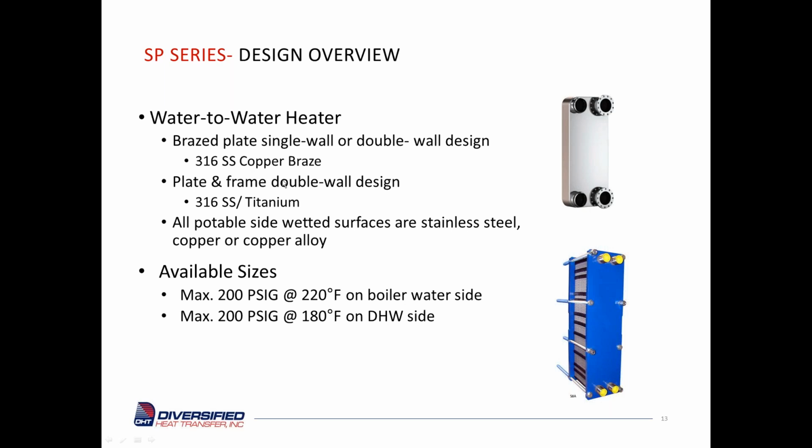The water-to-water heat exchanger, as I said, it's a braze plate. So, just here's a close-up of the braze plate. And as you know, you can't take this apart. It's a solid. If it has 50 plates, it's brazed with 50 plates. So it's a series of stainless steel, copper, sandwiched together, and then it's furnace brazed to make it leak tight. And that's the construction of the brazed plate unit. It can really just be chemically cleaned or